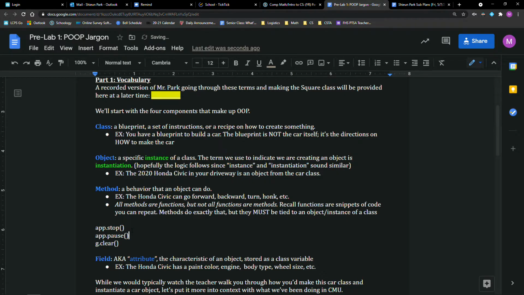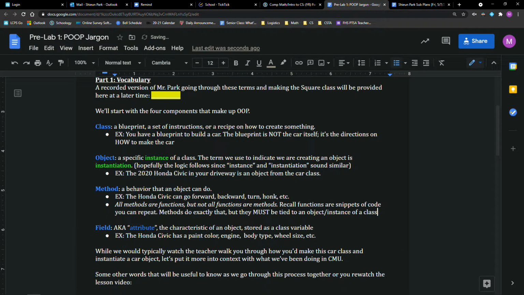They have a set of parentheses, or a parenthesis, technically speaking, in this case. It's actions, and this kind of makes sense. Typically, methods are tied to actions. That being said, those are also functions, because there's code in the background that's being repeated, or you're asking it to do a certain set of code, and that's what functions are. It's just that methods are special functions. They are functions tied to an object. It's what an object will do. So something to keep in mind.